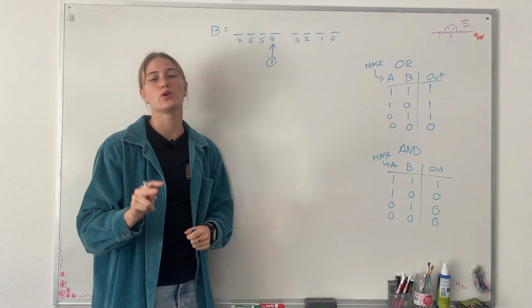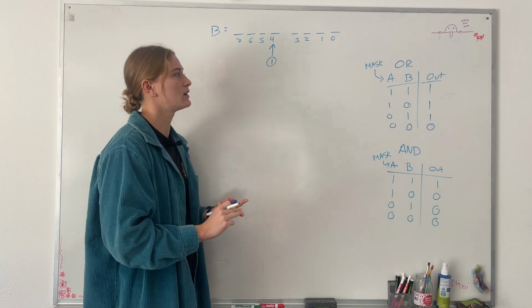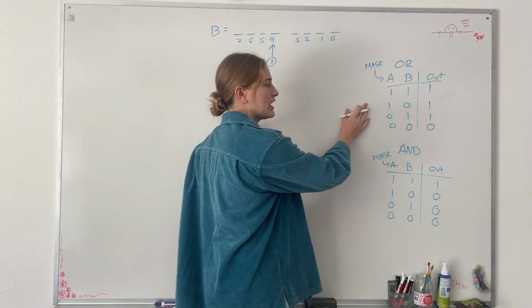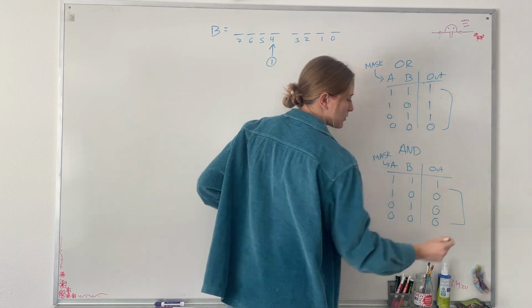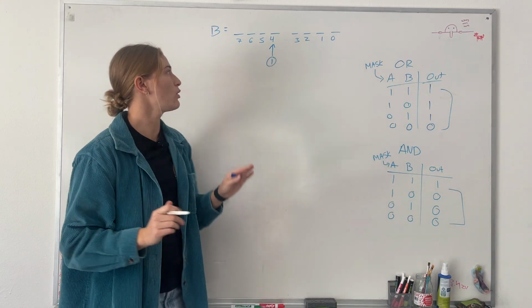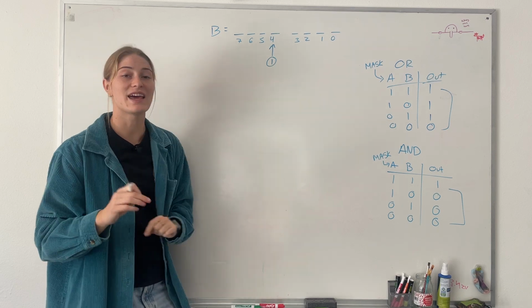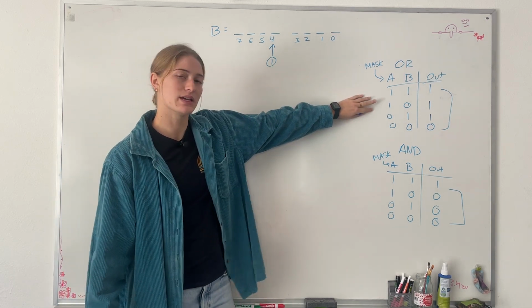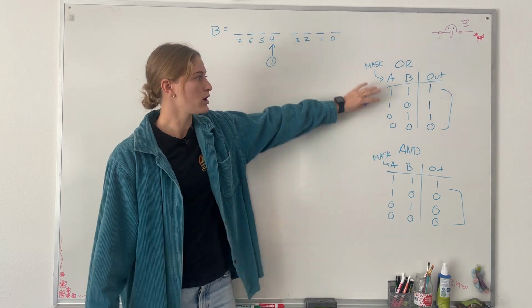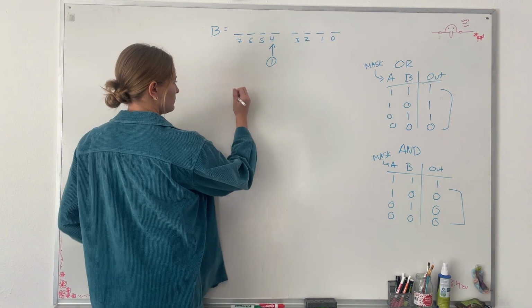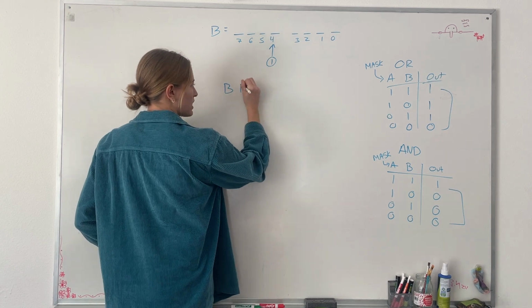Well, for masking we have two options. We can either use OR or AND. If we use OR, we can look at our tables. You have these options of output, and if you have AND, you have these options of output. So we know that we want to leave 4 as a 1 and set it to 1. Notice that it's a little bit easier to set an output to be 1 with OR than AND. So in this case, we're going to be using OR. That means that B OR equals